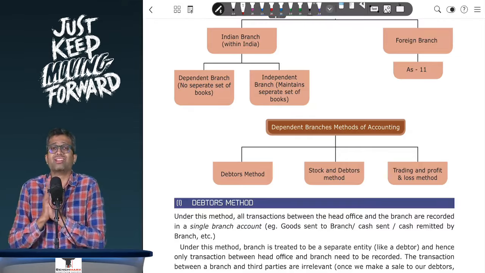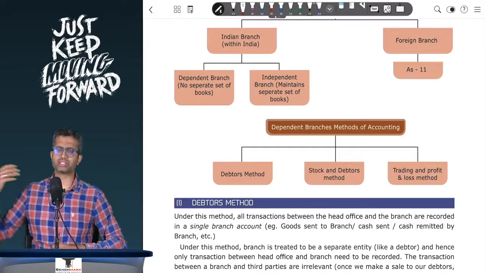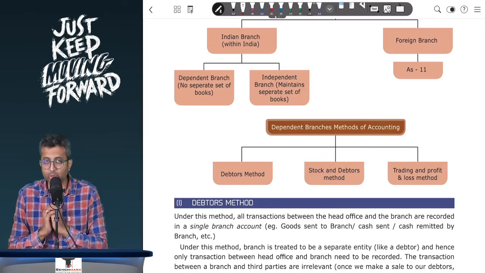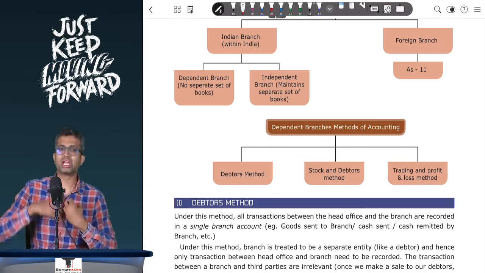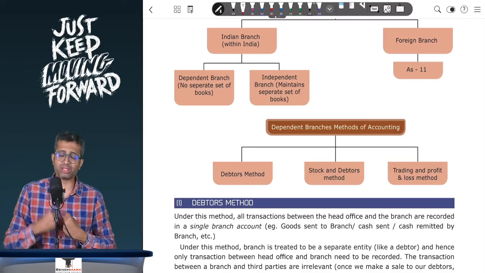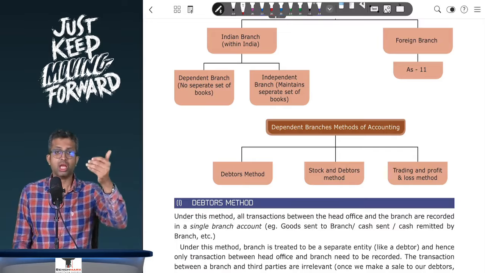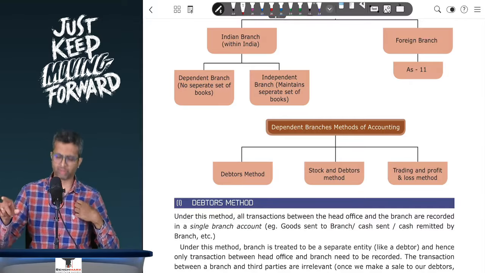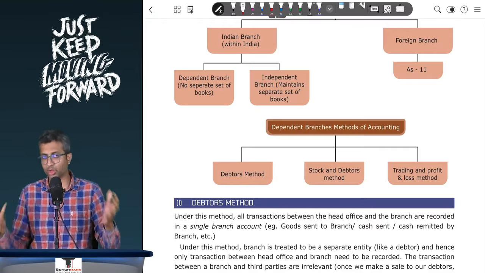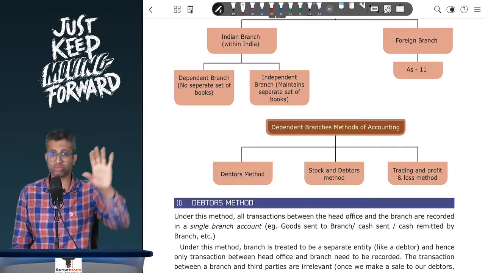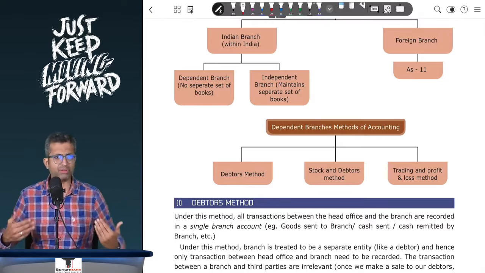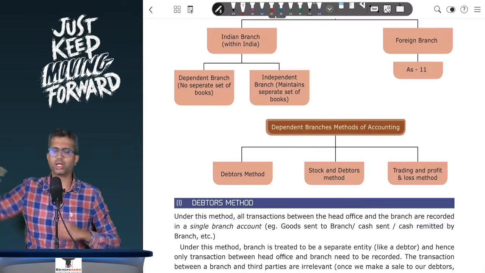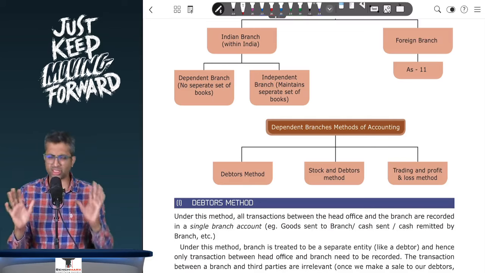Now what the debtor does with the goods, that is, he sells the goods, does not really matter. What we are going to look at is usually the transaction between the head office and the branch, or the transaction by the head office on behalf of the branch. So for example, if the head office paid certain expenses like rent directly on behalf of the branch, it is like you doing something for your debtor, in which case you will debit the debtor, so branch account debit to bank for your expenses. However, if the branch itself spends some money, then there will be no separate entry. So this is best understood when you try to do it